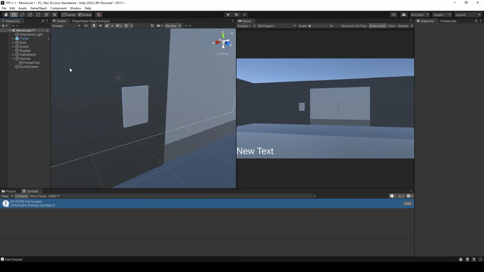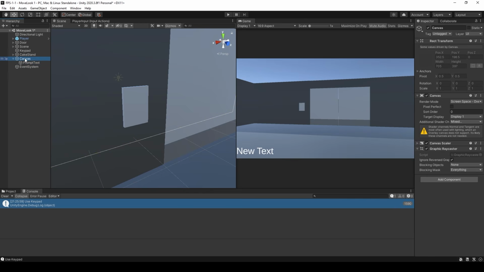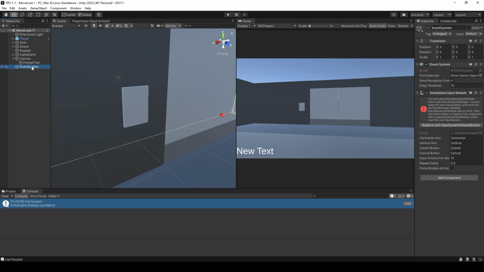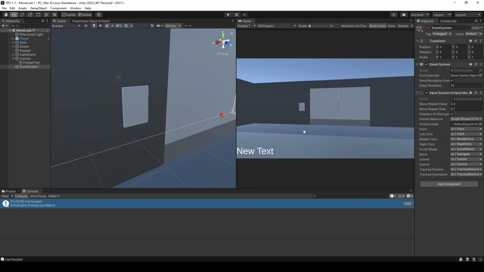So Unity has parented our prompt text under a canvas, and it's also added another game object in the hierarchy called event system. On here, we've got a standalone input module, which allows us to navigate UI. However, we've got this big red stop sign here. And what all of this text here is saying is that this component is designed for the old input manager. So thankfully, Unity provides us with a nice way to fix this. We'll click this button here, and this will replace the component with one that is compatible with the new input